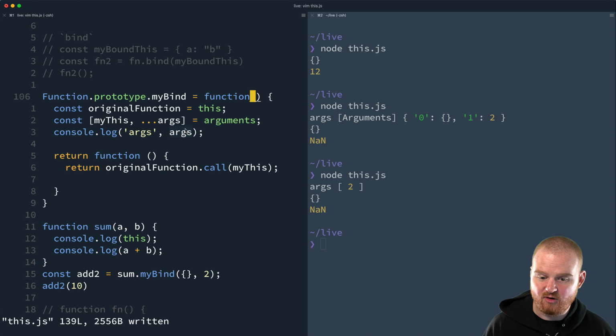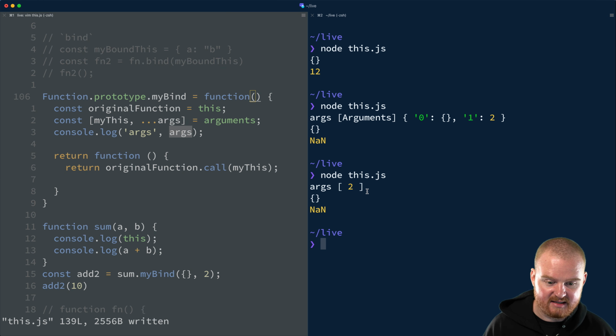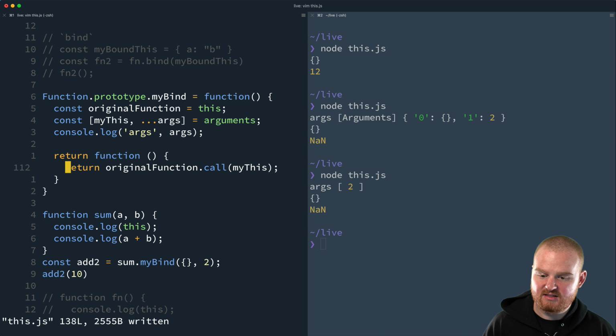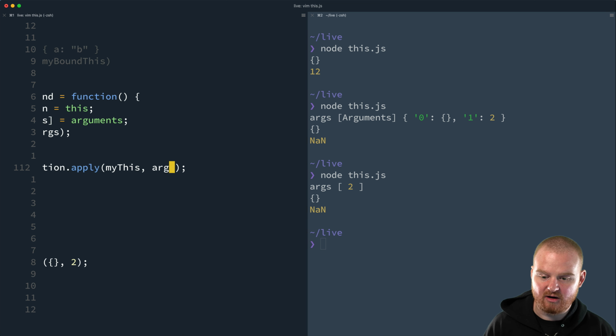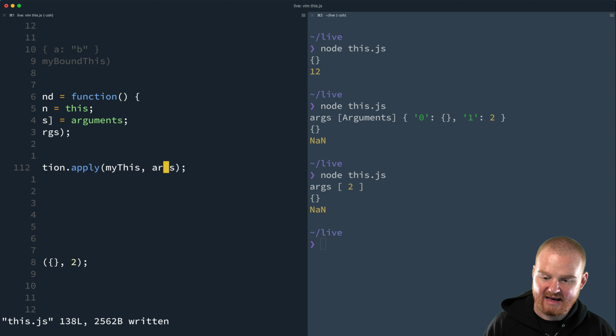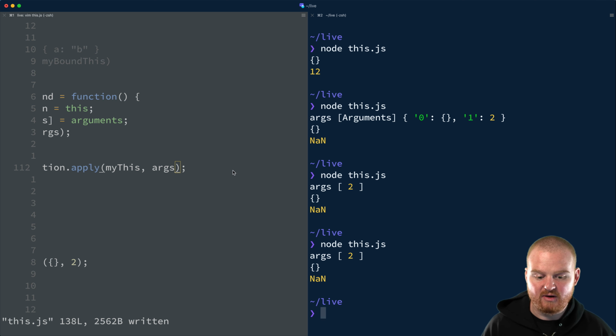Great. So now we have args, and args looks like it is an array. And recall that we have this function here that, if we wanted to, we can change this to apply, and we can bind myThis, and we can pass args. Because we're switching to the apply method, we can pass what we want to bind to, and then we can pass an array that contains the list of arguments. So if we execute this